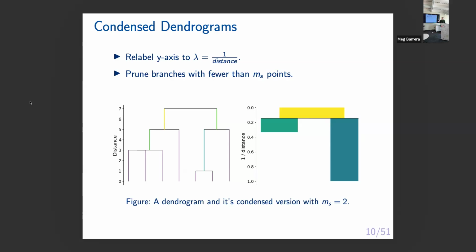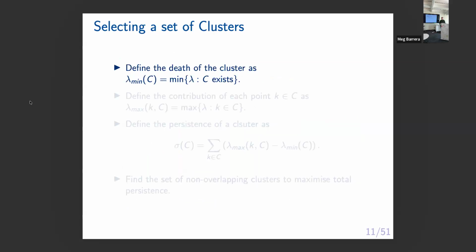So once we have this condensed dendrogram, if you're very competent in data science, you can maybe learn something about the structure of your graph. But for lots of applications, you actually mean, here is the list of communities. This is the list of clusters. So we're going to define some optimization problem on this tree to give us a set of these.